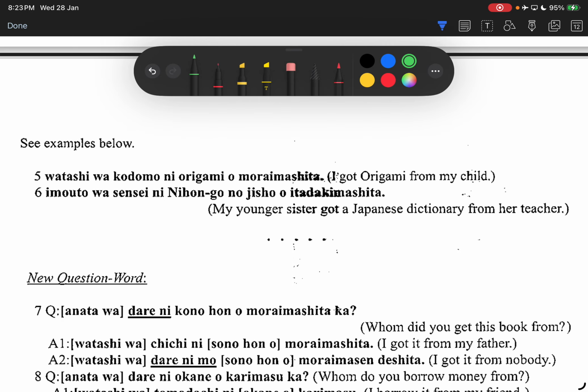So we use もらいました。妹は先生に日本語の辞書をいただきました。So in this case, receive from who? Receive from sensei ni, sensei kara. So from teacher. Teacher is the one with the higher status. So you can say that your sister humbly received a Japanese dictionary from the teacher. Alright, so in this case, we substitute the word もらいました with いただきました。